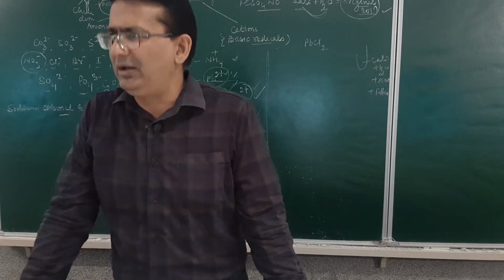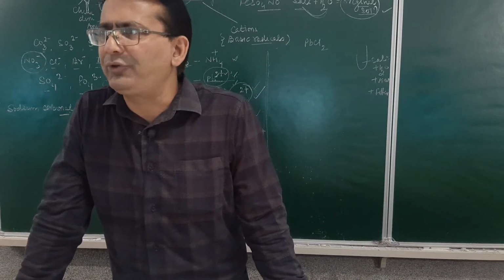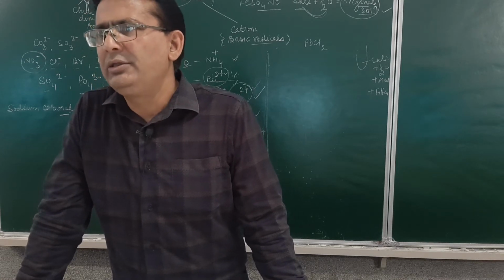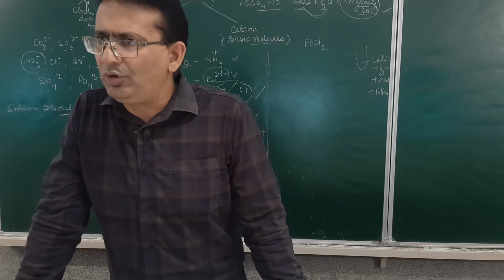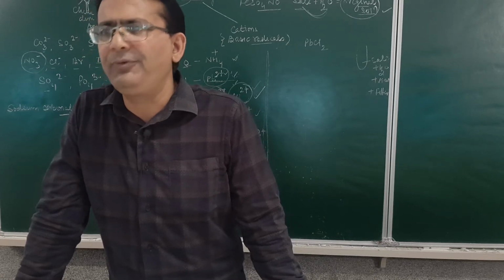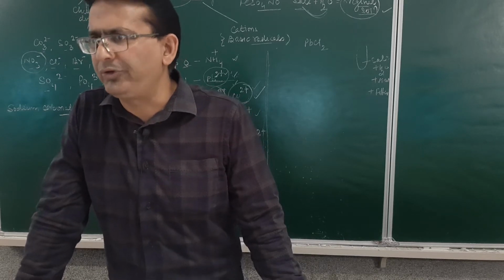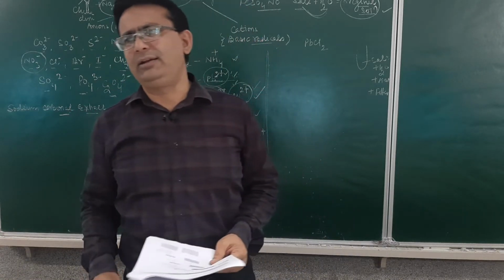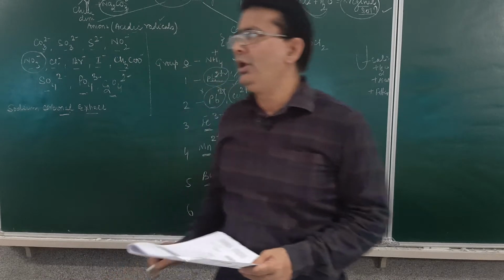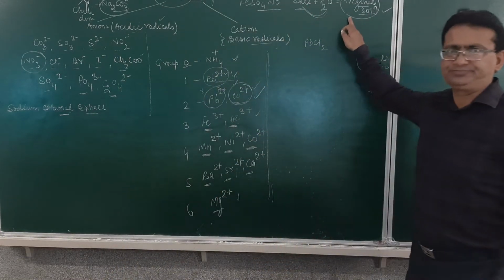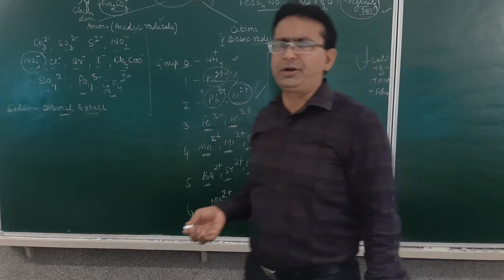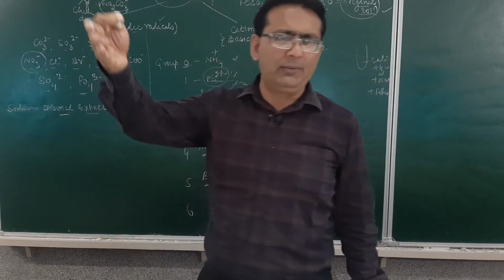It may be possible that the salt is not soluble in water. If the salt is not soluble in water, then you can add dilute HCl in the first step. If it's still not soluble, you can add concentrated HCl. If it is still not soluble, you may add concentrated nitric acid. But I will suggest you proceed only with this part, because dilute HCl, H2SO4 or concentrated HNO3, whatever is to be added, will come as part of a